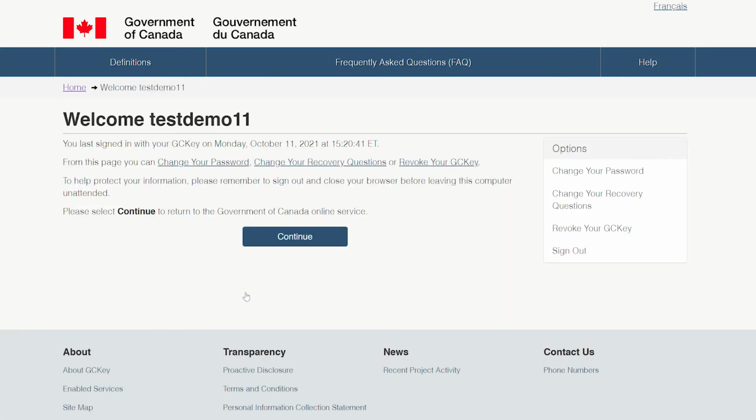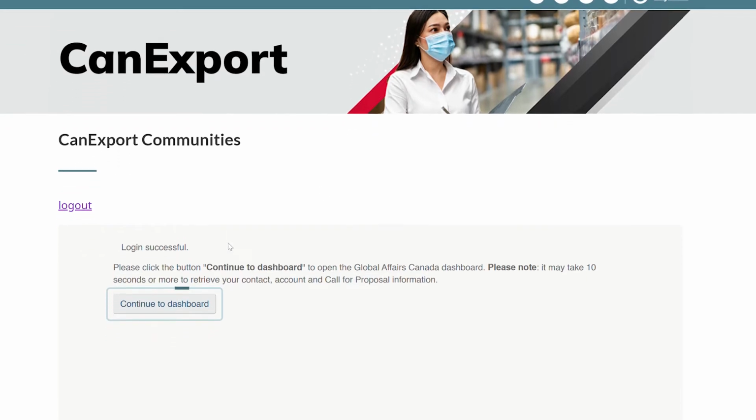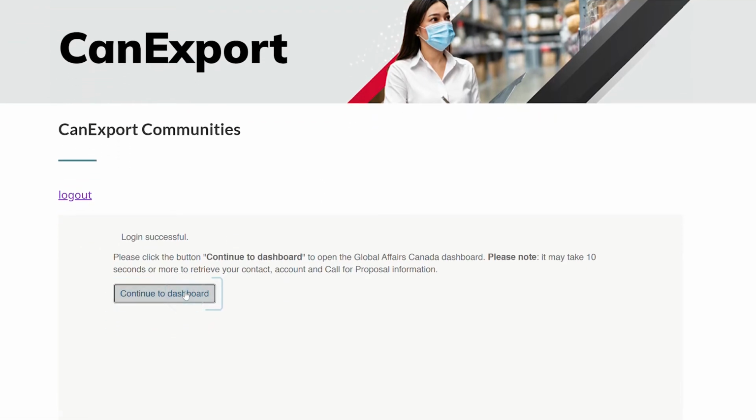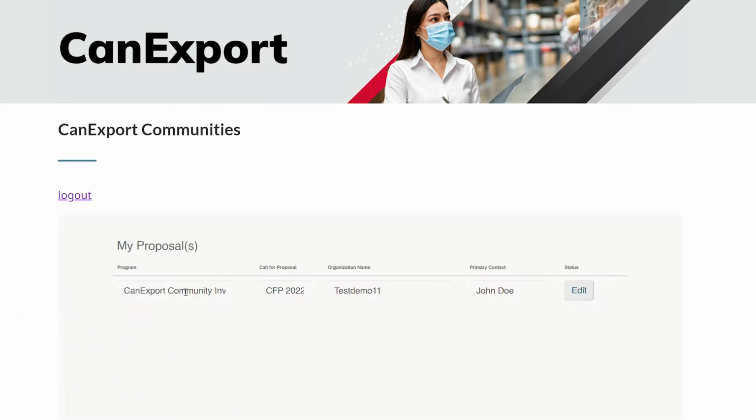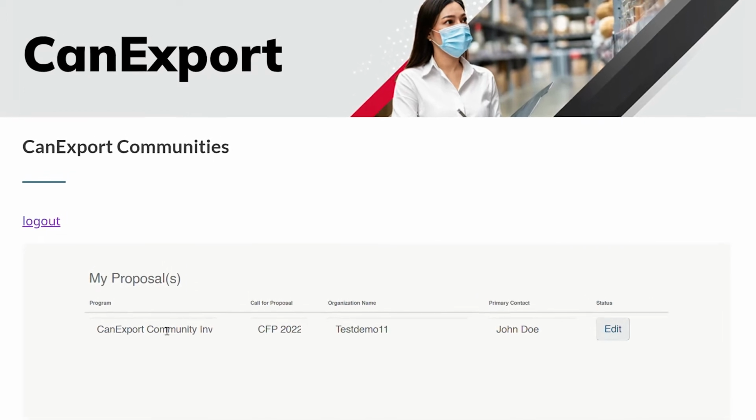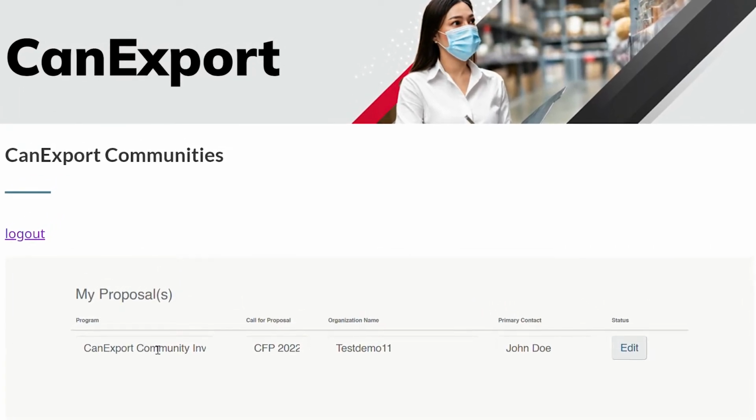Once you successfully log in using your GC key, you'll be presented with the option to continue to the dashboard. Please note, you may experience a slight delay before retrieving your information. Once you reach the dashboard, you will see your proposal. The program should say CanExport Community Investment, the call for proposal CFP 2022, your organization name, and the primary contact